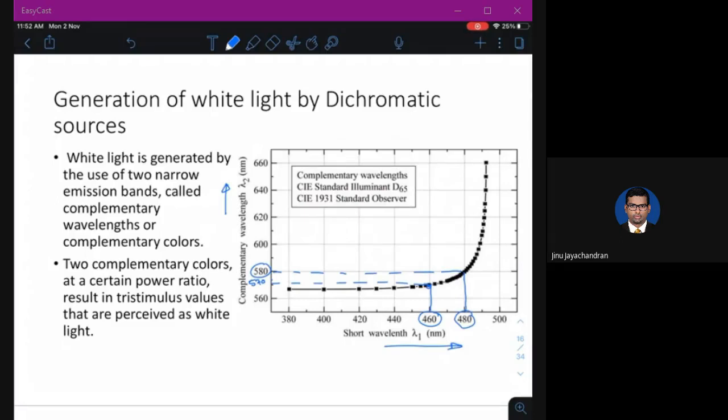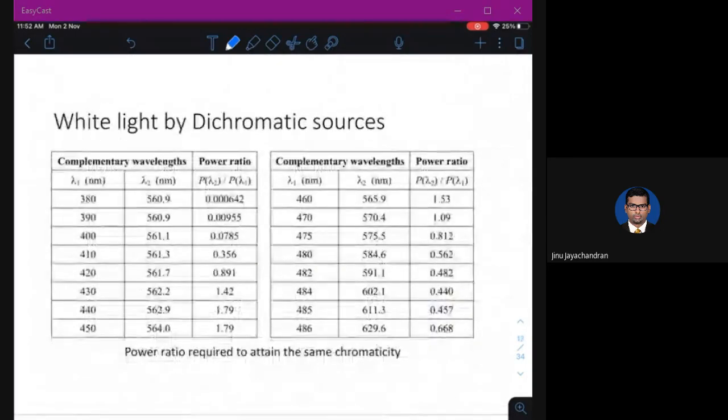And as we said earlier, they should not be mixed in equal proportion, but in some power ratio. And this power ratio is given in this table. This is only for your reference. It might not get asked in your exam, but you should understand what is a complementary wavelength or color and what is a power ratio.